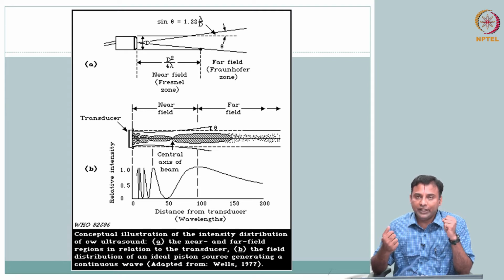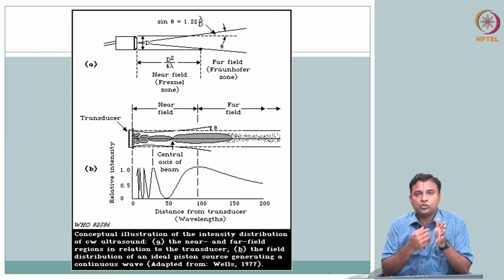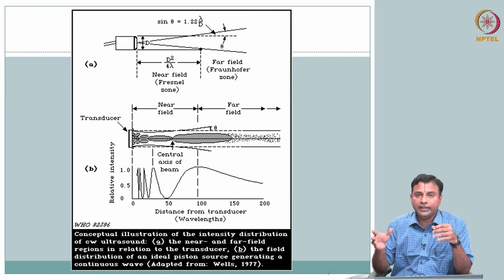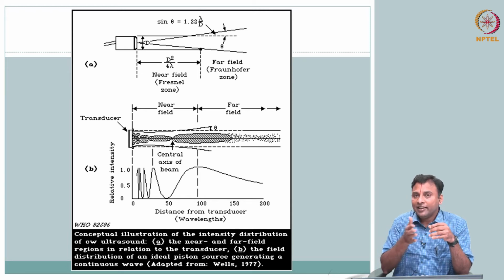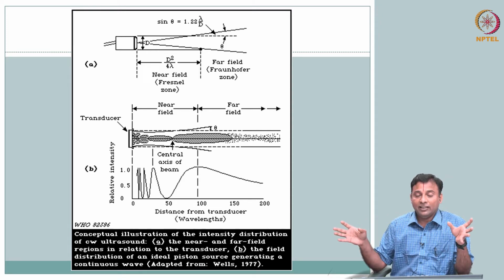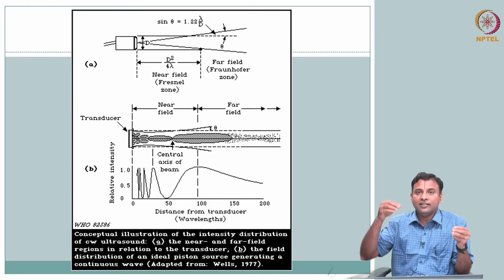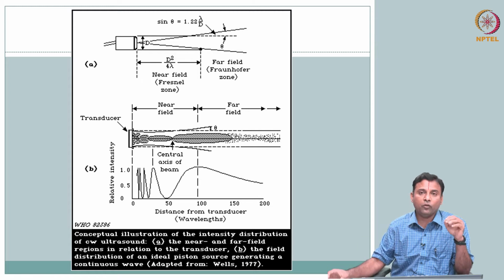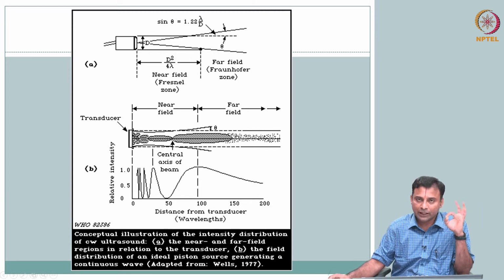So, what we need to understand now is, when you have a transducer of a certain size and shape, when you excite it, where does the pressure go in the field, how is the pressure distributed in the field, or how is that wave propagating, for which we got the wave equation, right. Is it just going ideally within that region, or, because it is diverging, is it having any weird locations where the intensity is high or low? So, what we call the beam pattern, that is what we want to study.